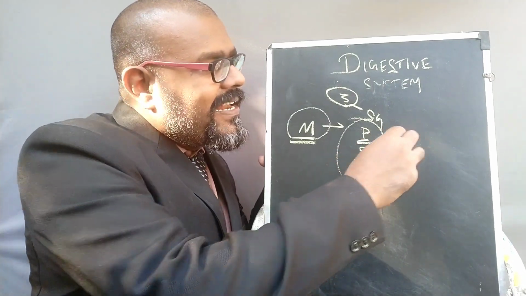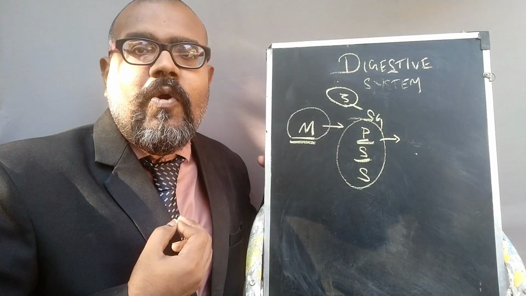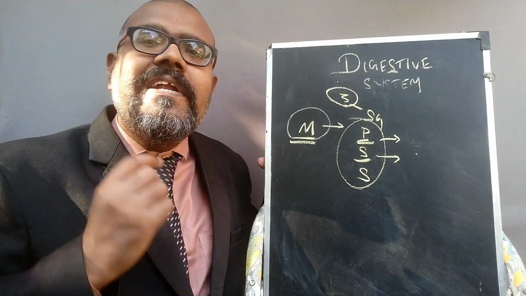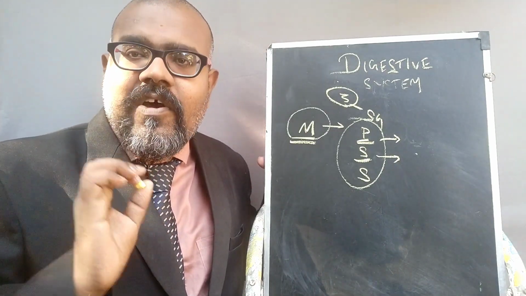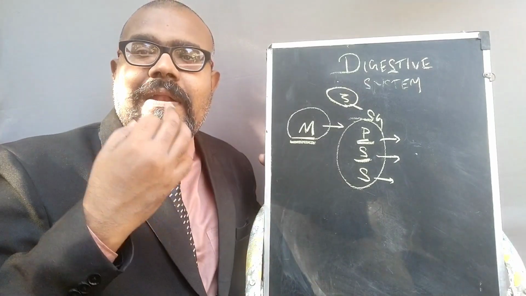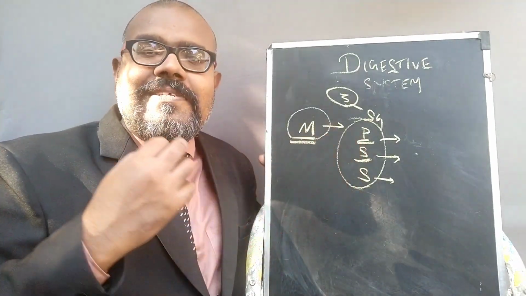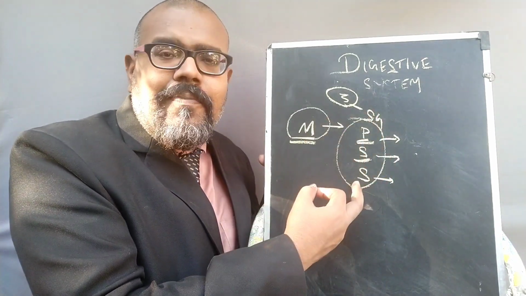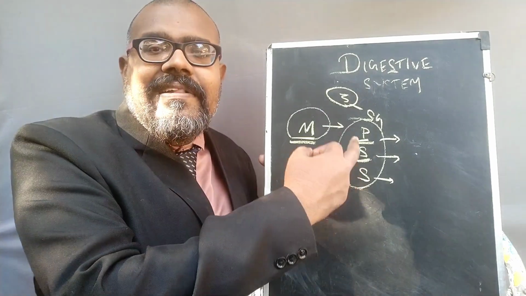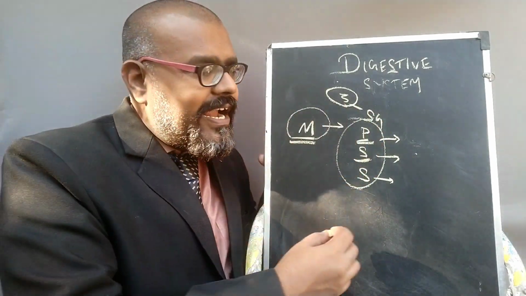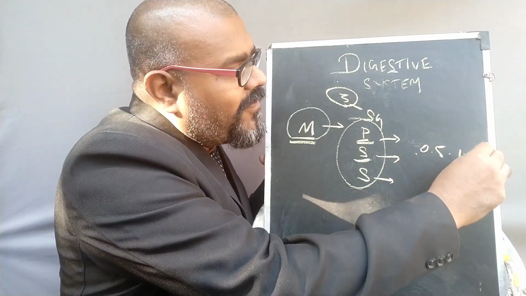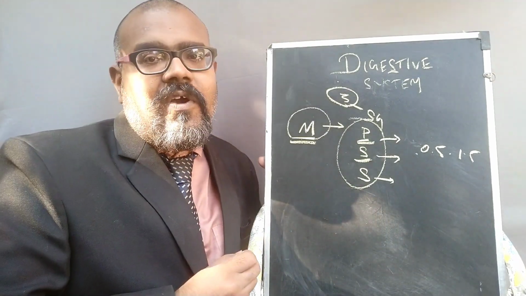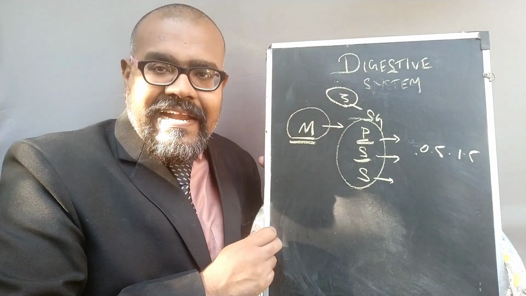The parotid gland is the largest salivary gland in the mouth, and the submandibular gland is the next largest, present just below the mandibular teeth. The sublingual gland is present beneath the tongue, and the parotid gland is in the internal region of the oral cavity. These are the three important pairs of salivary glands, especially for the secretion of saliva. Almost 0.5 to 1.5 liters of saliva is secreted in a single day because of these glands.